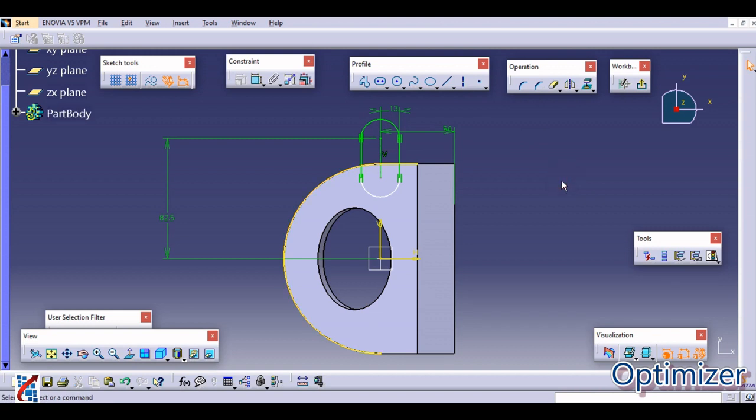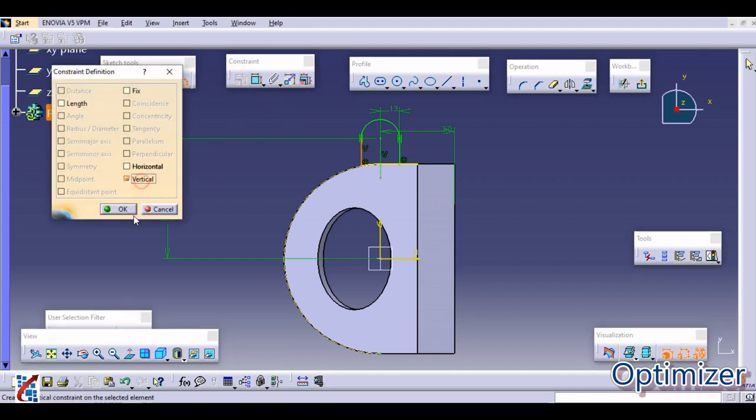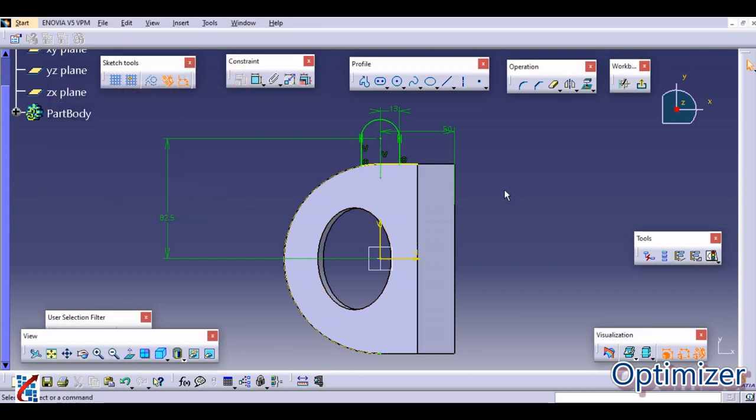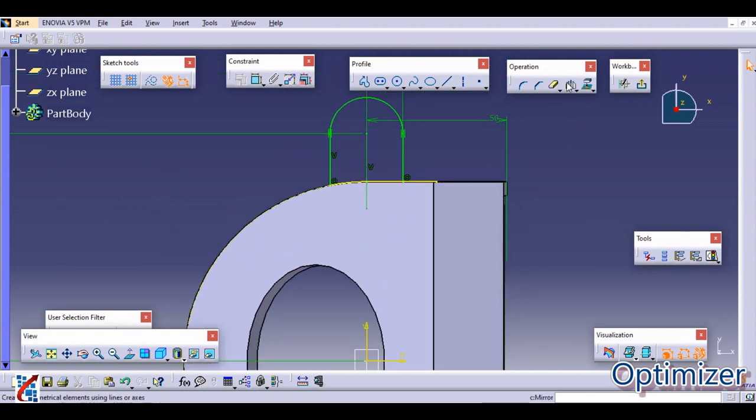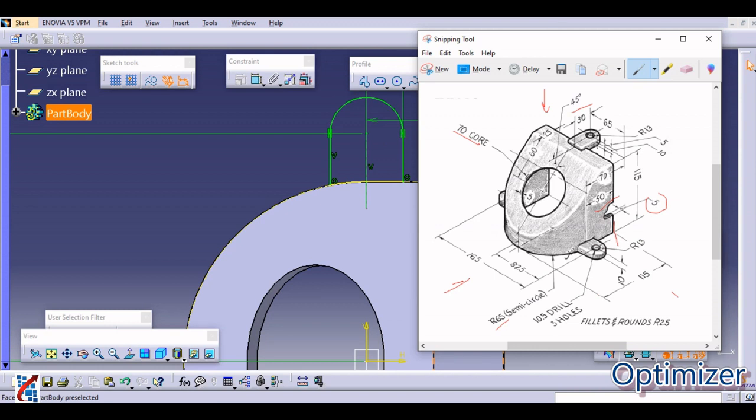Now you can project this part. Okay, and now you can trim all the unnecessary parts. So trim this portion, this, and also this portion. Just make this line vertical. Click on OK, and one more line we need to trim, that is this extra portion.